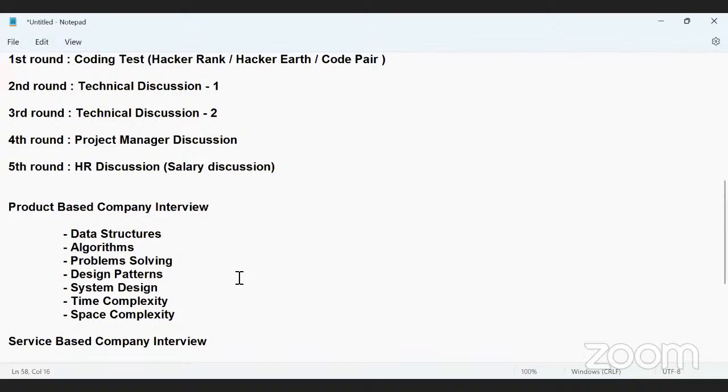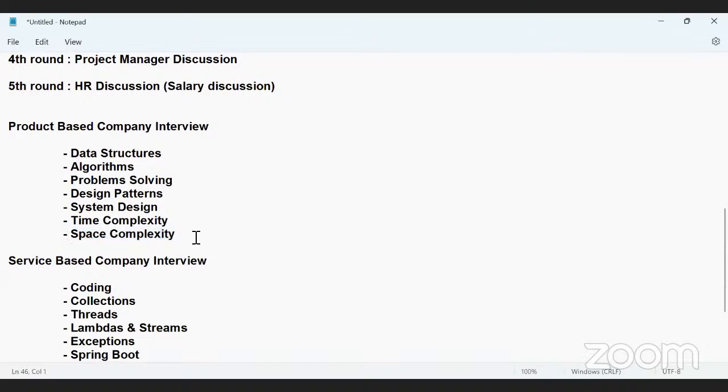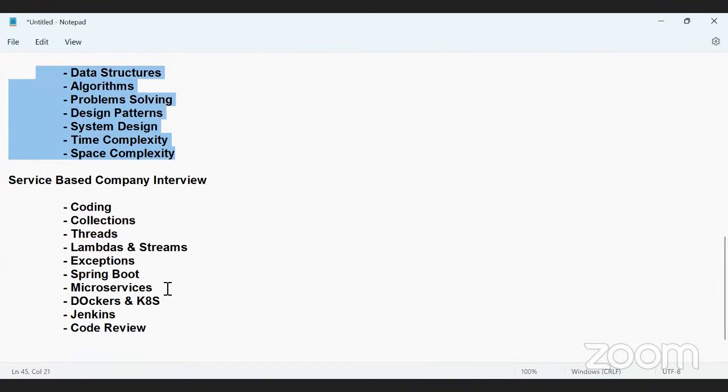But generally, when you attend an interview in a product-based company, they will focus on these topics: data structures, algorithms, problem solving, design patterns, system design, time complexity, space complexity. Samjha? So you should be strong in these areas to crack the interview in a product-based company. If you want to crack the interview in a service-based company,